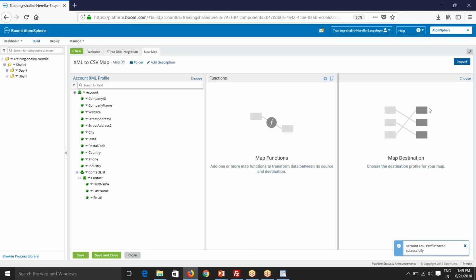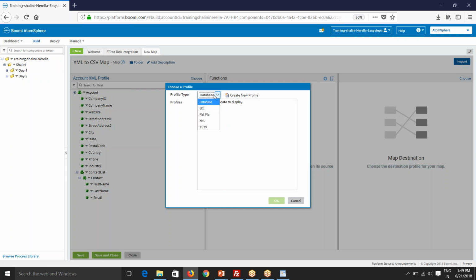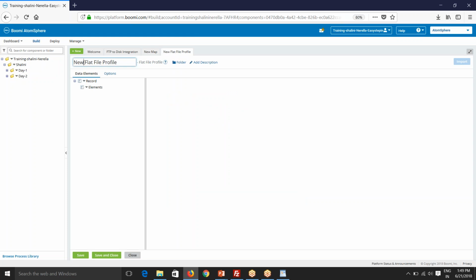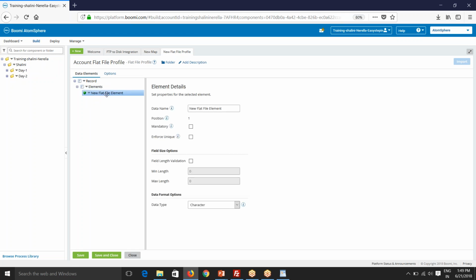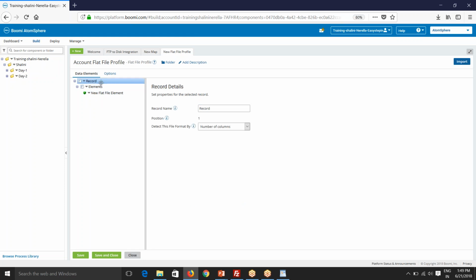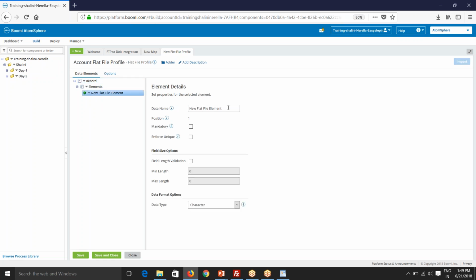And now I'll have to create my target, right? So I'll select choose, and my target is a CSV file, which is a flat file profile. Create a new profile. I'll name this as account flat file profile. You see your element. So because we don't have the file already, I'll go and create the file. So add elements. If you have it, you can just click on record and say import. Right? Now new element. I will name this as